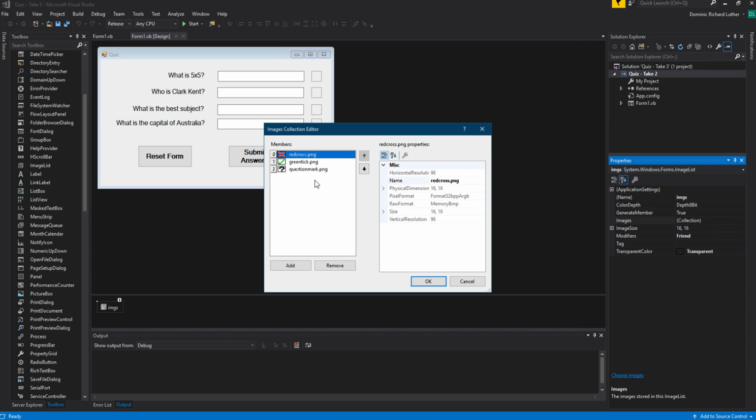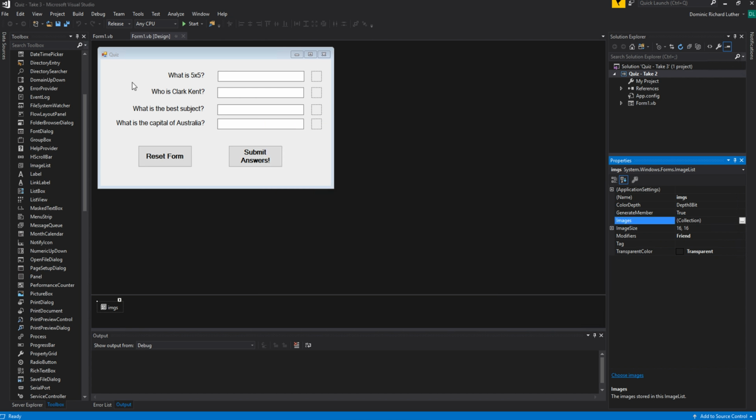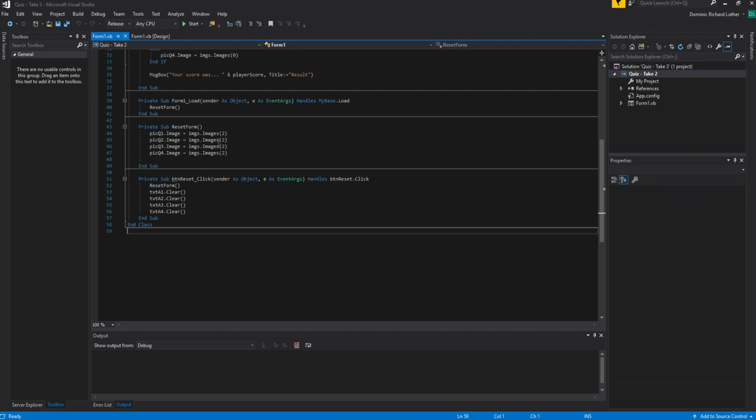This is a little complicated. It creates a list. So object 0 is a cross, object 1 is a tick, object 2 is a question mark. And so if we look at the code,